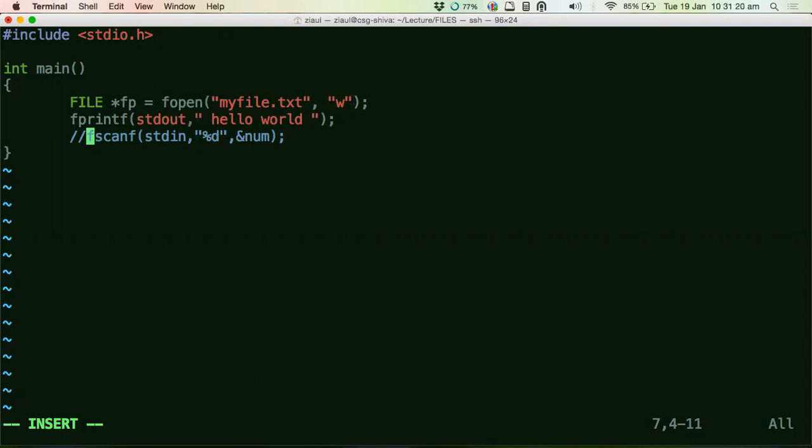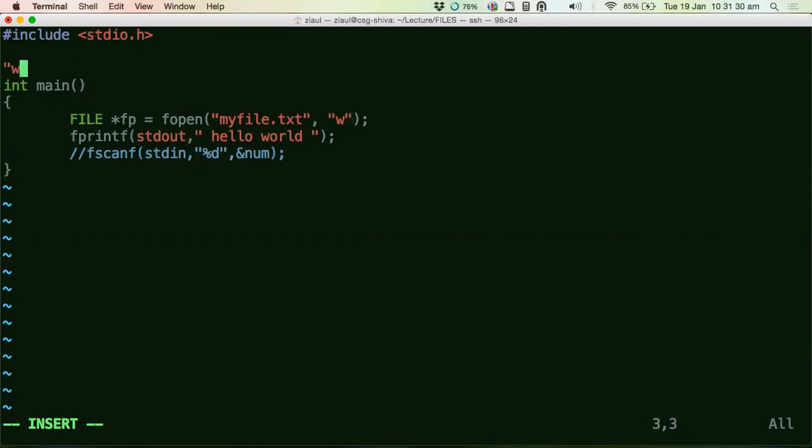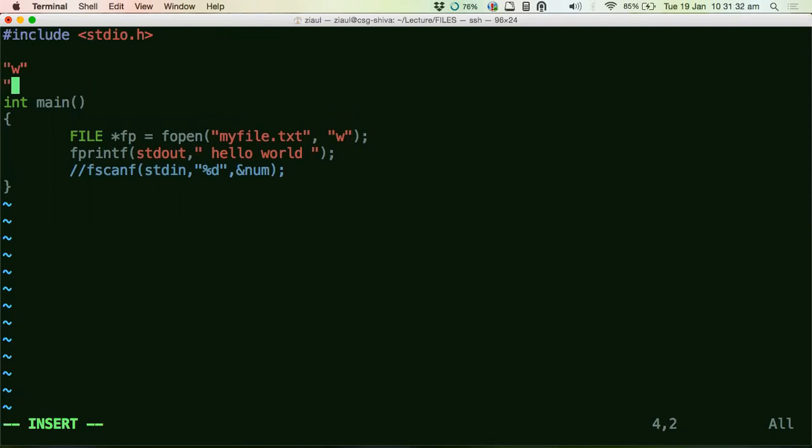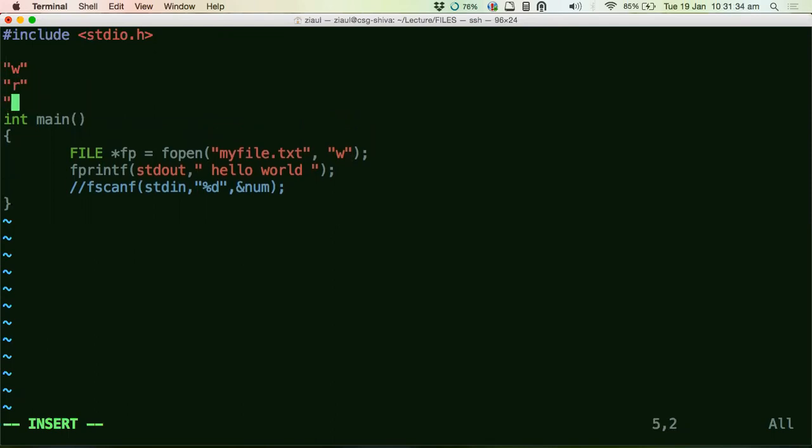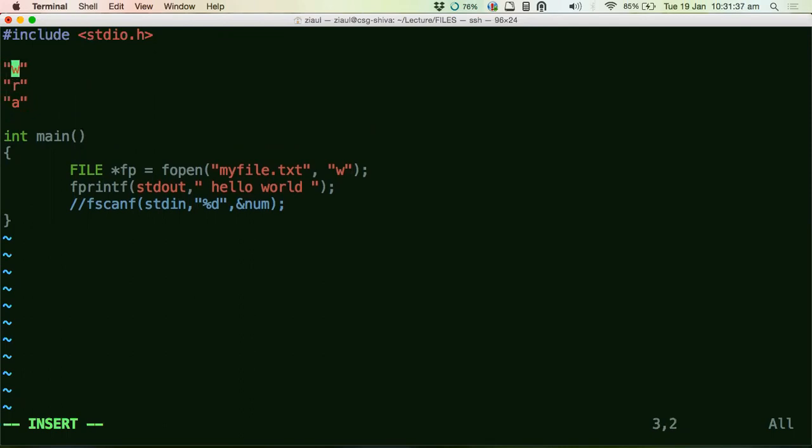Do you want to do both a read and write? So the second argument is called a mode. So how many modes are there? There are basically 3 modes. The first one is called W, another is called R, and another is called A. So W stands for write mode, that is, I want to only write to this file. R is called read mode, and A is called append mode.